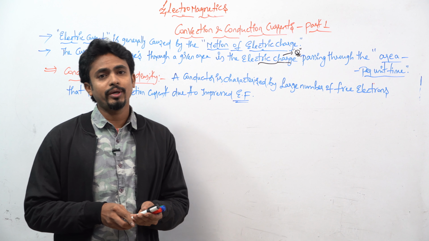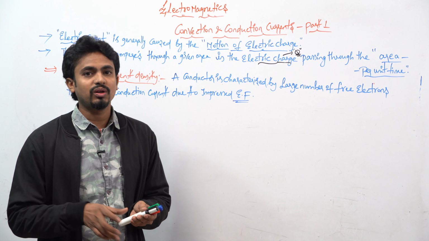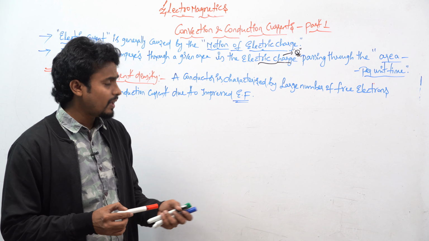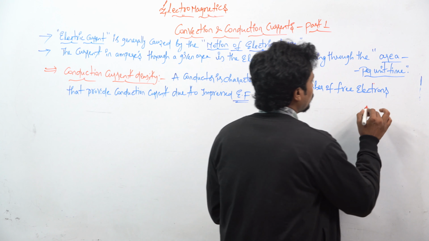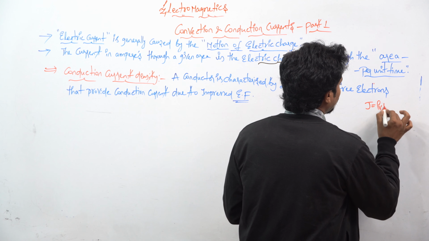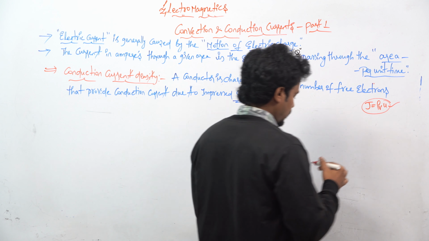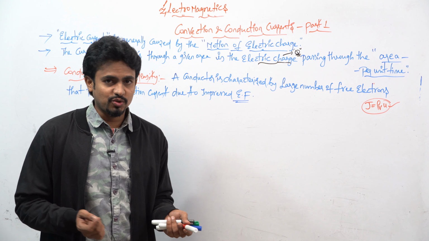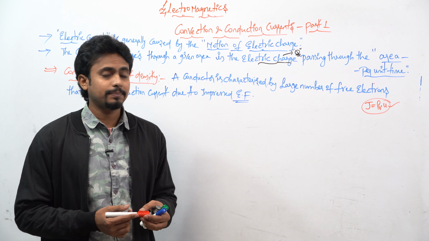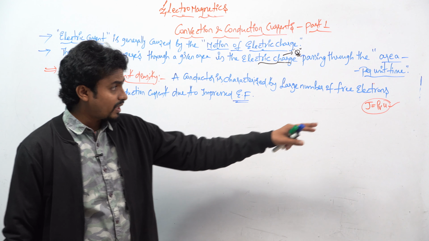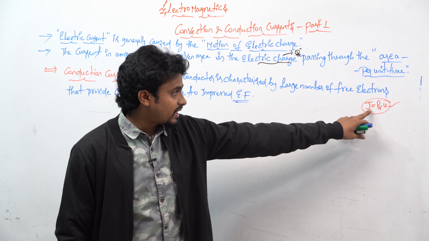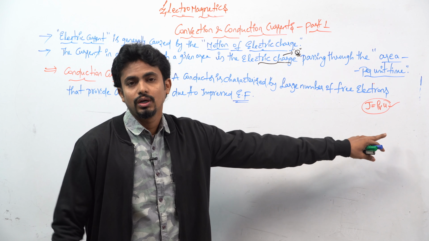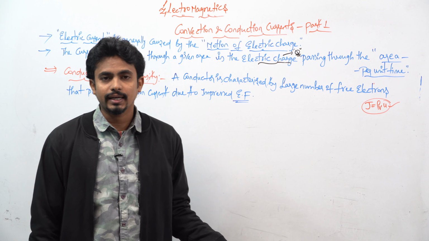There we get our important result: the current density J is equal to rho v into U. And convection currents do not satisfy Ohm's law. This is the answer we are getting: current density is equal to rho v into U. That was the general result we are getting.